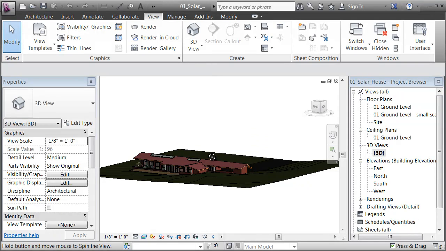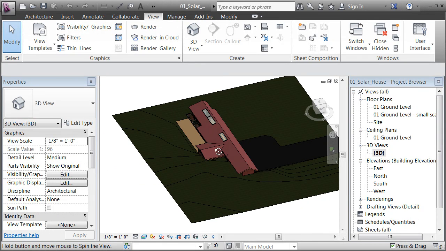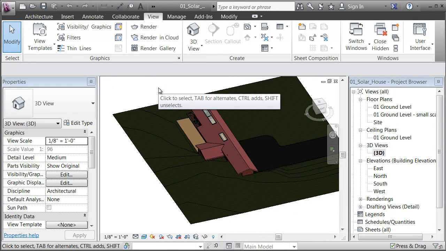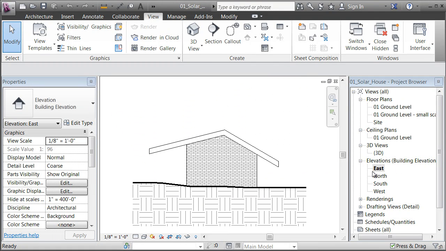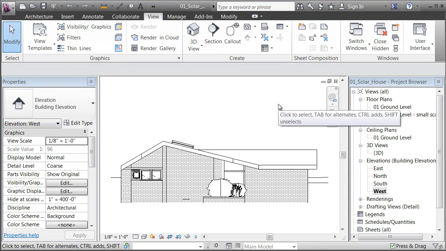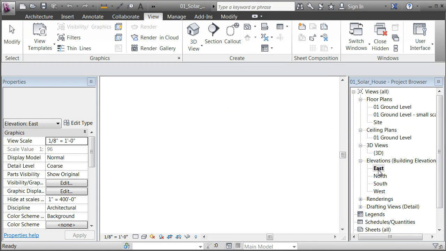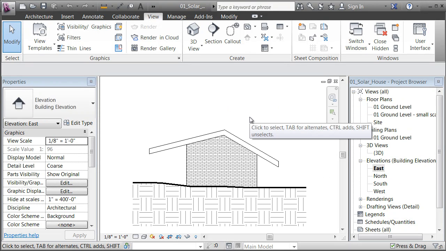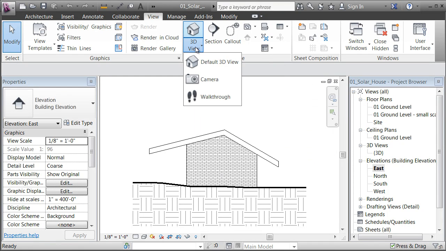So the 3D view is something that will let me see the entire project as a 3D orthographic model. More on these views later, but the point at the moment is that this is how you navigate between one view and another view. You can be switching around to look at the project by clicking on a view and opening it. Now when you look at a project, so if I go to say my 3D view,